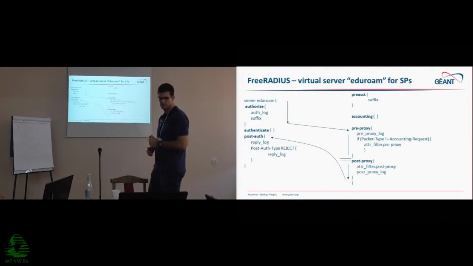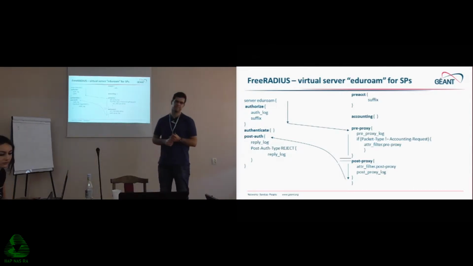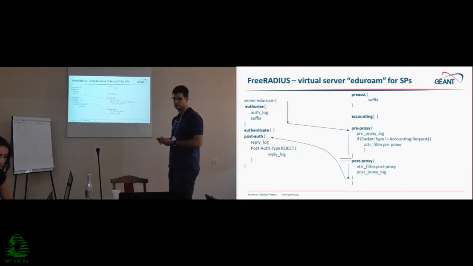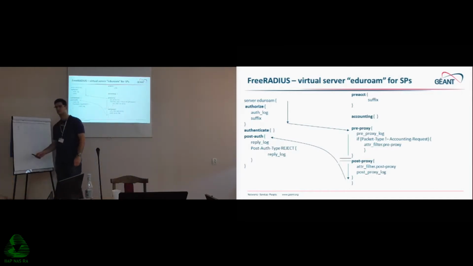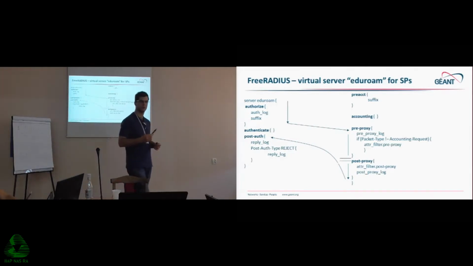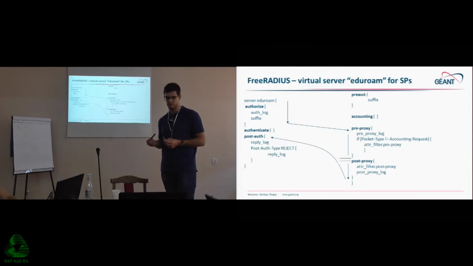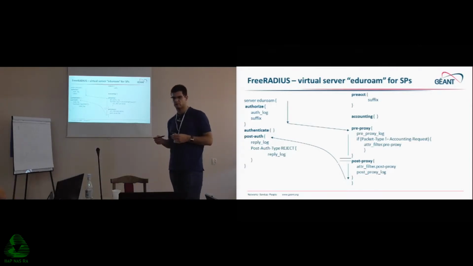for example, if it's an accounting request, the radius packet, you should filter those attributes. Then we have post-proxy. When thinking about this, it can confuse you because it's not what you'd expect. I myself was imagining post-proxy is happening here, but it's not. The post-proxy section is used after the reply is sent all the way back. That's actually the point in time when the post-proxy section is used. Once again, we're filtering the attributes that are not needed, and we're also using the post-proxy log module,